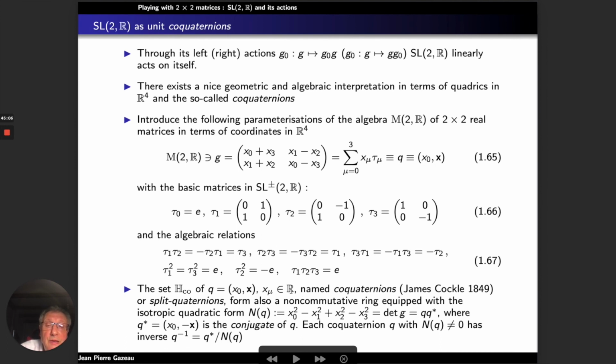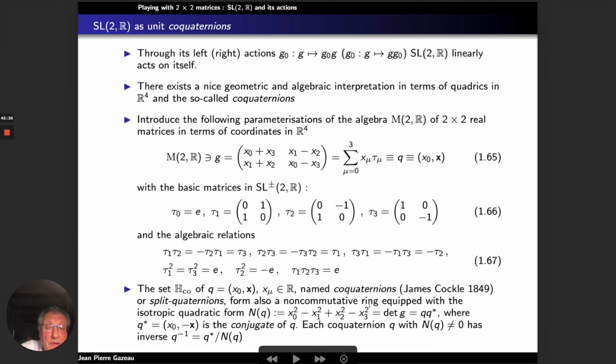This set is named the set of co-quaternions, and this concept comes from James Cockle in 1849, or split quaternions. This set forms a non-commutative ring equipped with the isotropic quadratic form n of q, given by x0 squared minus x1 squared plus